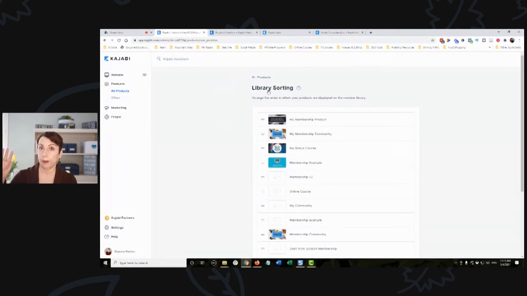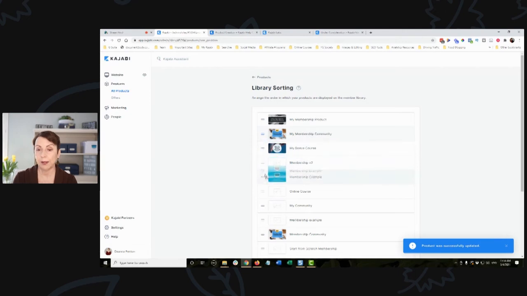Now, honestly, I think this is very user-friendly and a great idea. If you have a lot of products, or you want to make sure that a particular product, probably one that has the most members, for example, appears first in the library, holy cow, you can now drag and drop it. If you want to know the truth, I think that's pretty valuable, quite honestly. So you now have the option to sort how you want your products to appear in your members library.